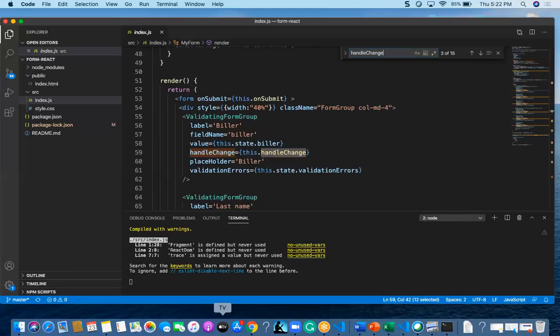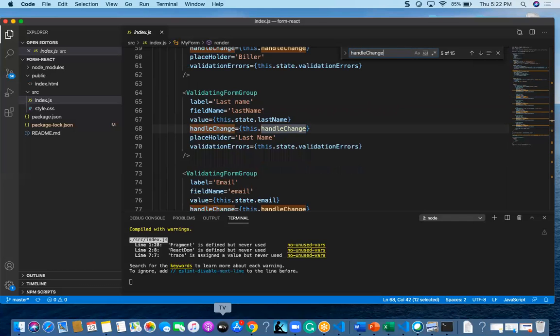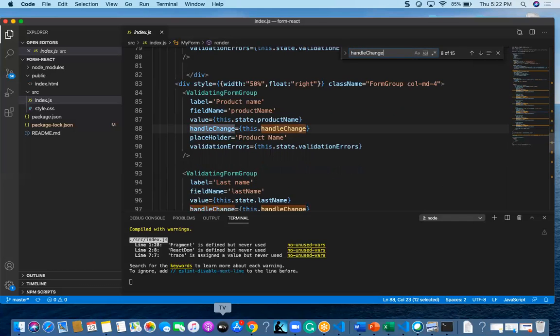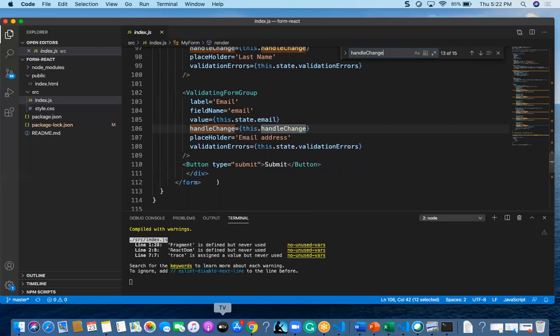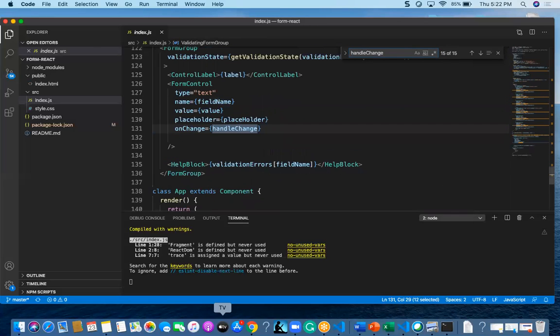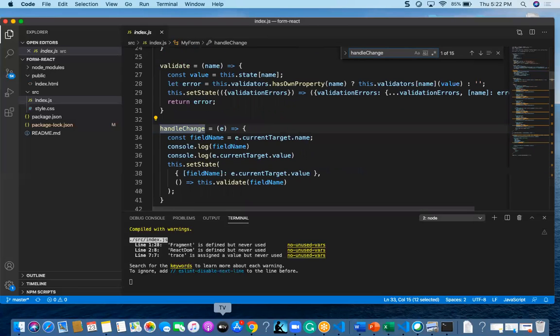For that we handle it with handleChange, which I think is above. Yes, this one. Here event.currentTarget.name means it will take the current name of your text field.